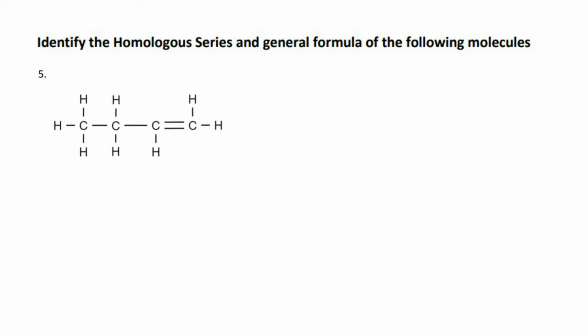With this question, we are going to identify the homologous series and the general formula. So for the homologous series, that could be alcohols, alkenes, alkynes, alkanes, haloalkanes, esters, it's all of those. So the first thing that you would realize is that it's got a double bond over here with the carbons, and so that should remind you that these are the alkenes, okay, with an E. So let's write that down,